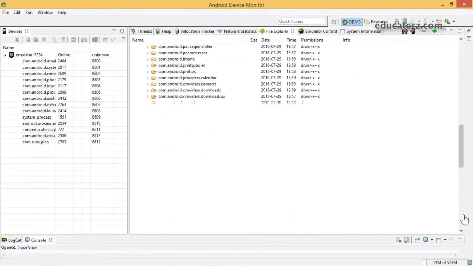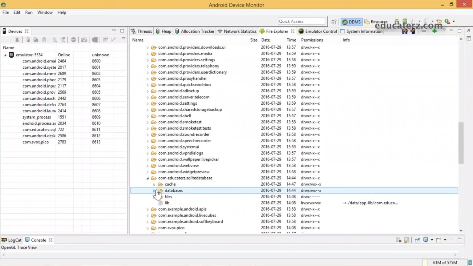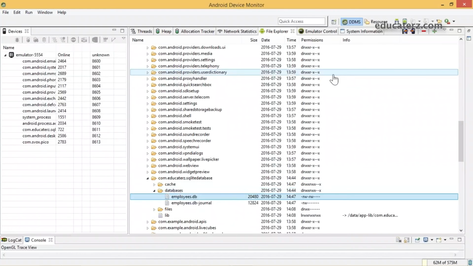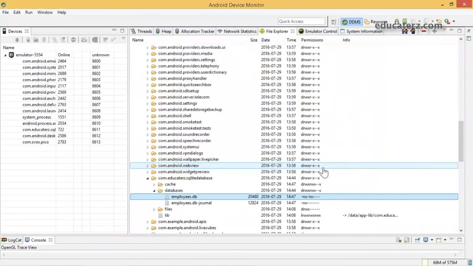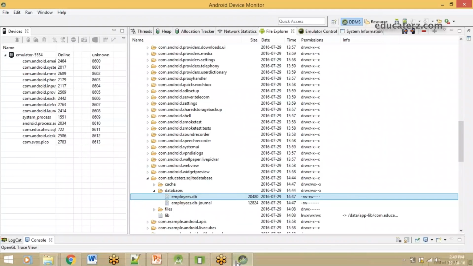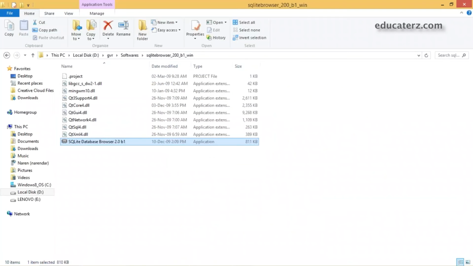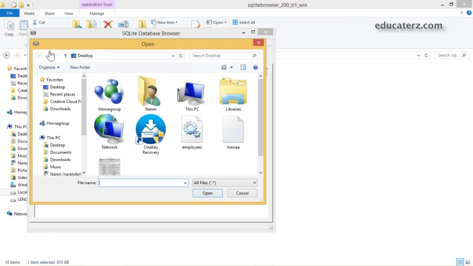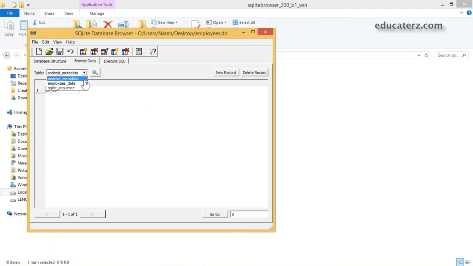So go to this corresponding package, educators, SQLite database, databases folder. Pull this out. Store it on the desktop. Save this. Now from your SQLite Browser software, open it. Employees data. This is how it will be updated.